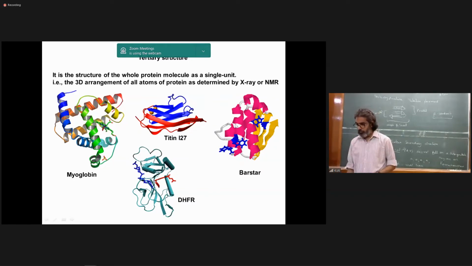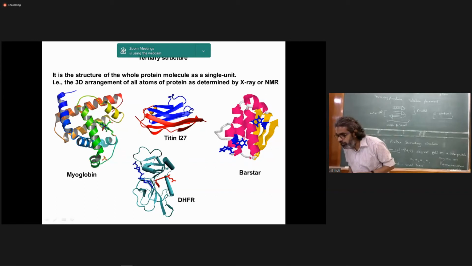Okay. So now let's move to the other structure on the extreme right. What are the secondary structural elements you see in this? Both alpha helices and beta strands are there. Clearly you see three or four helices in pink, and then you see at least three strands forming a beta sheet.